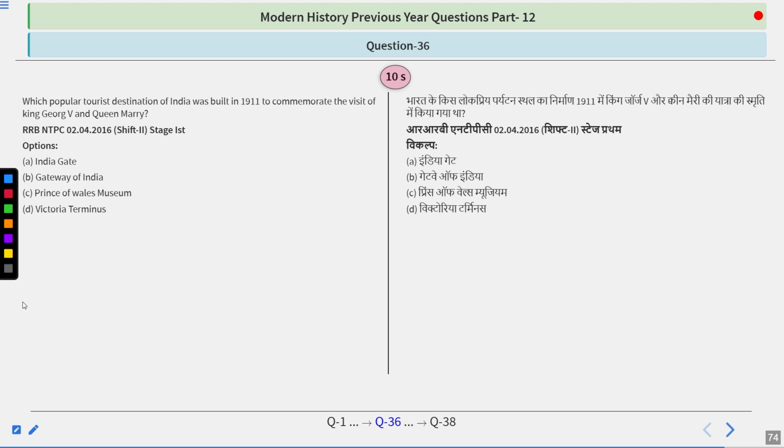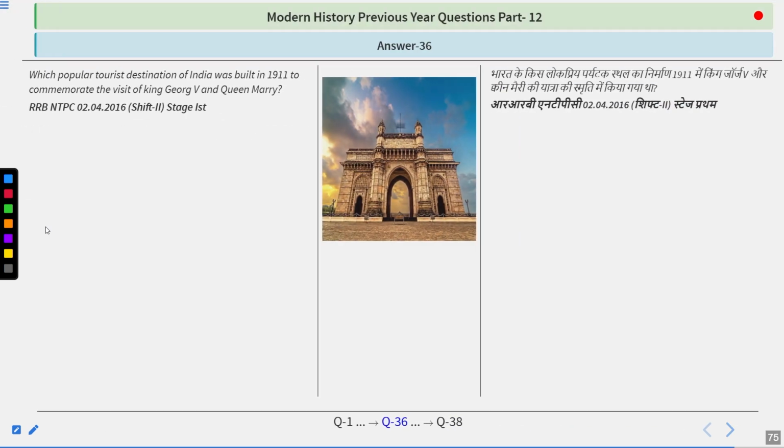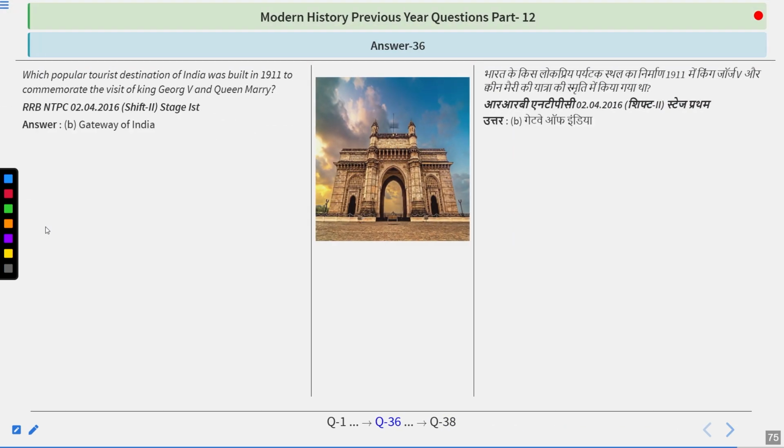Which popular tourist destination in India was built in 1911 to commemorate the visit of King George V and Queen Mary? India Gate, Gateway of India, Prince of Wales Museum, Victoria Terminus. Take your time and think about it. And it is a very famous place in India, and you can see in this photo, answer is Gateway of